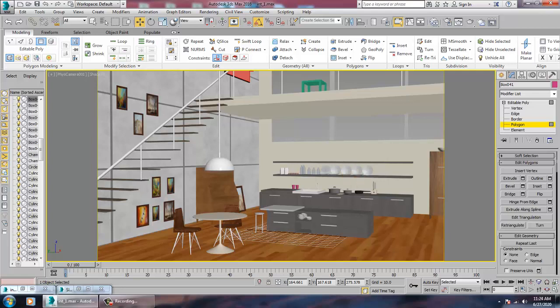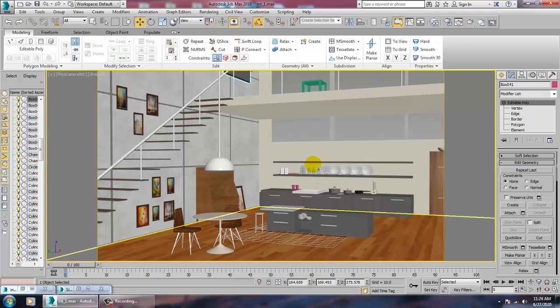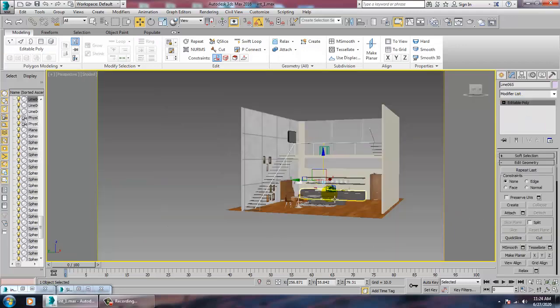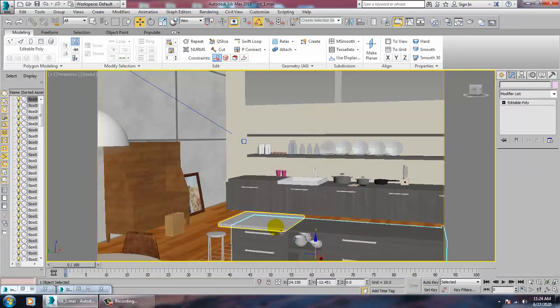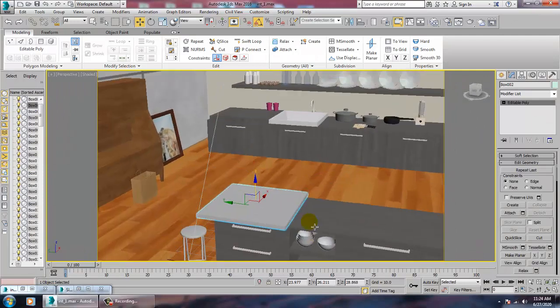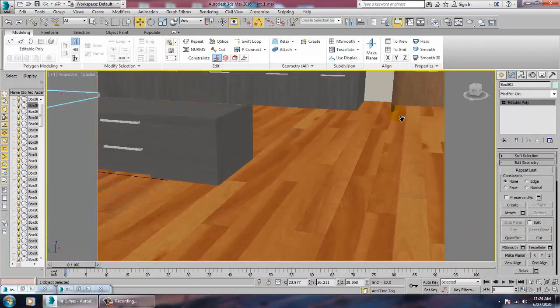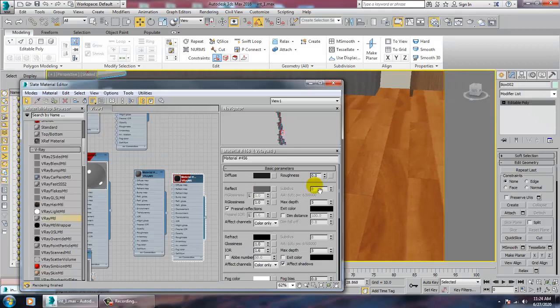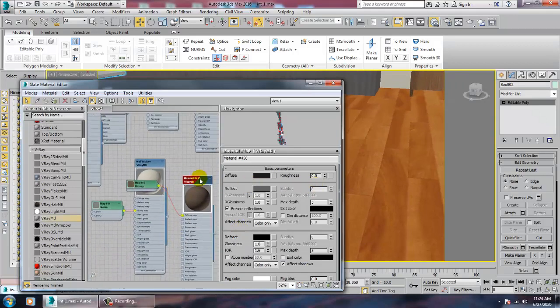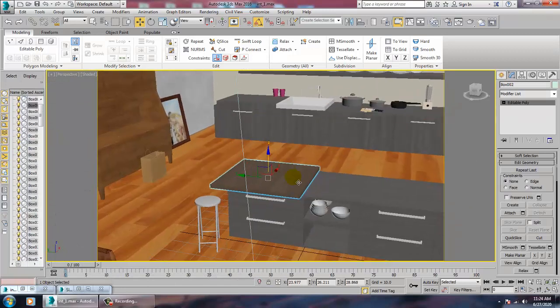So now what I'm going to do over here is a bit of lighting. This is just left out. We need to assign some texture on it. So let's just assign a wooden texture.